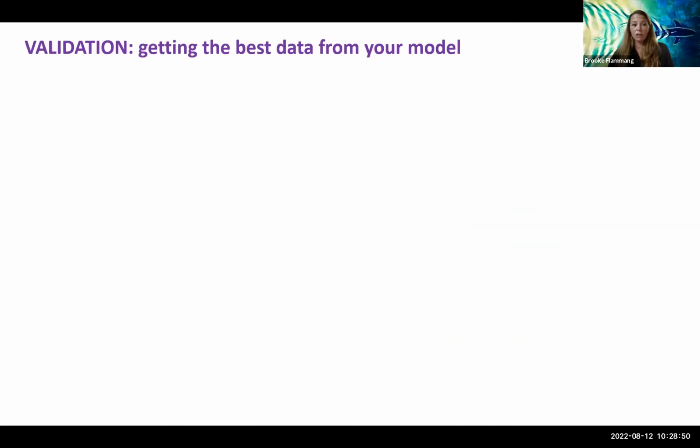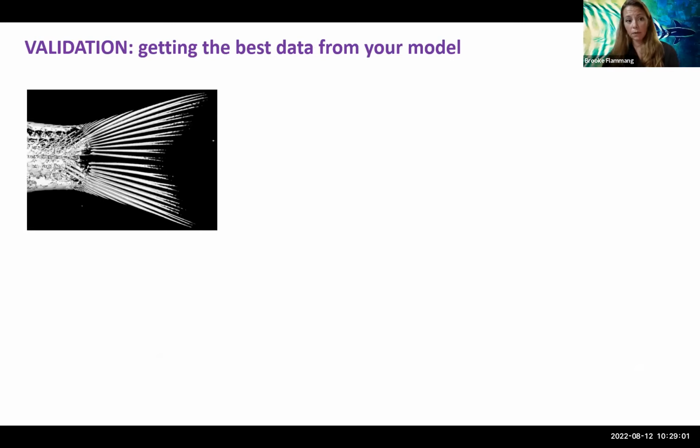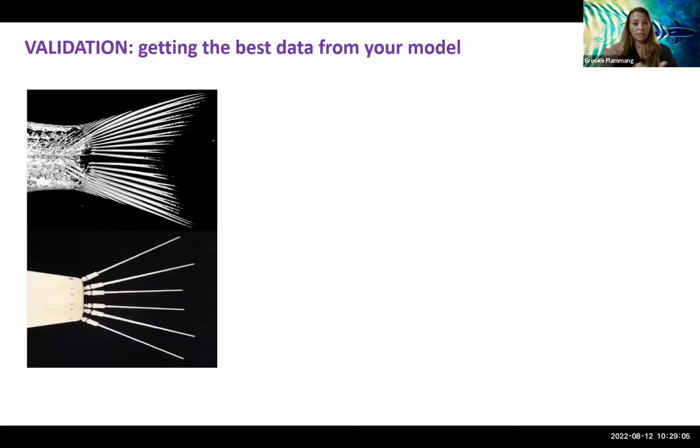And lastly, validating your model. So you've gone ahead and built a robotic model, but before you can test it as a proxy for an actual organism, there needs to be a validation process. And so we've gone ahead, say, for example, and we've used the CT scans of fish fins in order to get material properties like stiffness and length and area, and now have produced a good representative of this fish tail